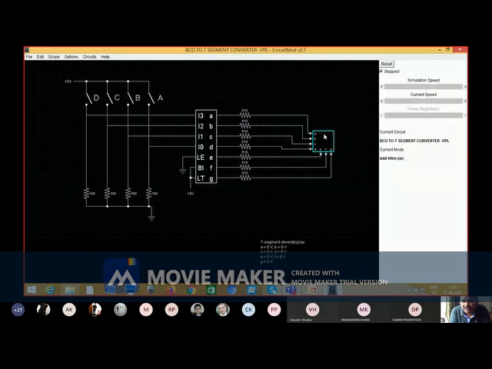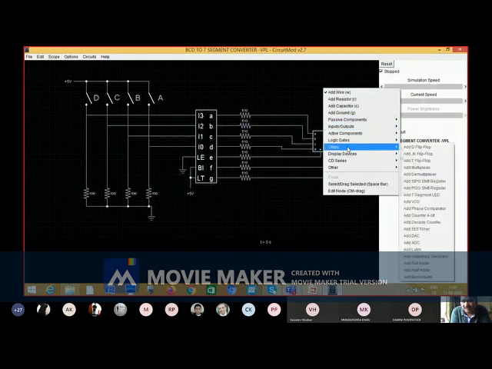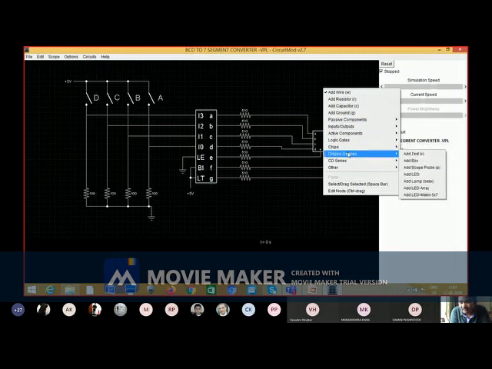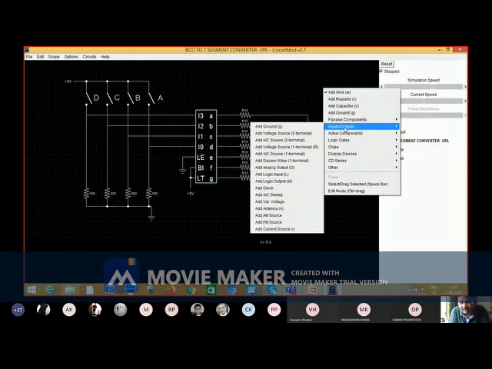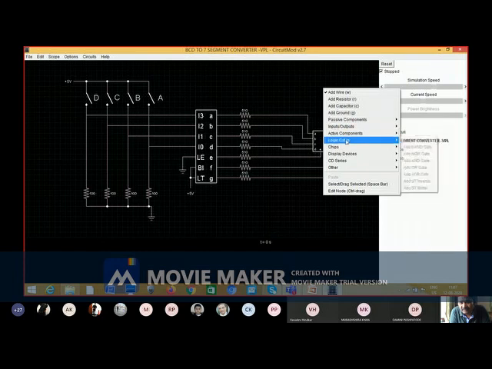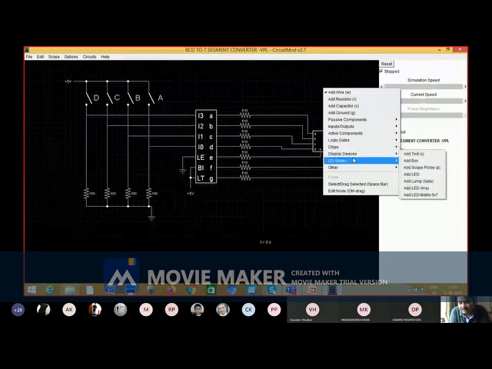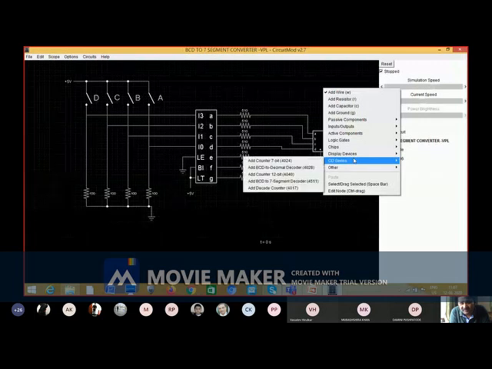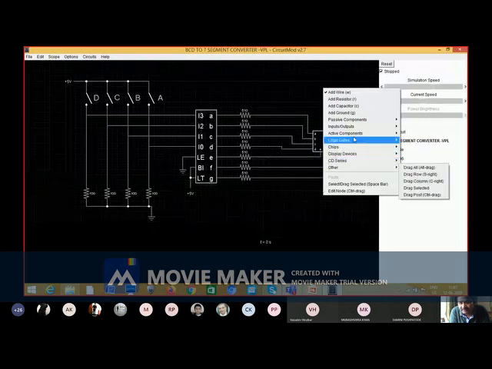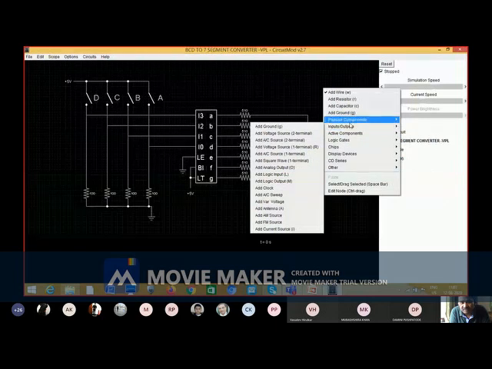And friends, here what I have taken is 7 segment display. You'll find seven segment display in input output.